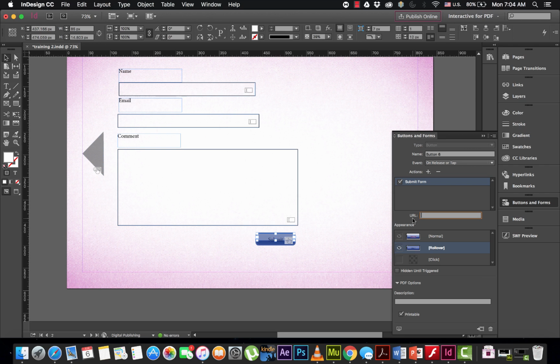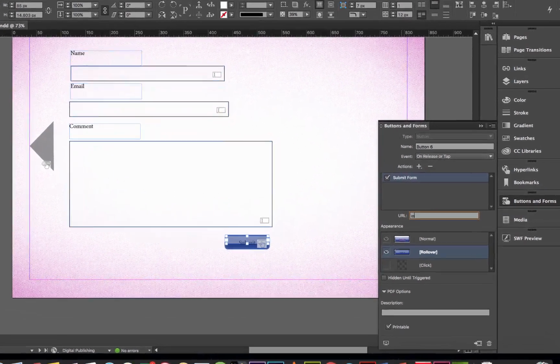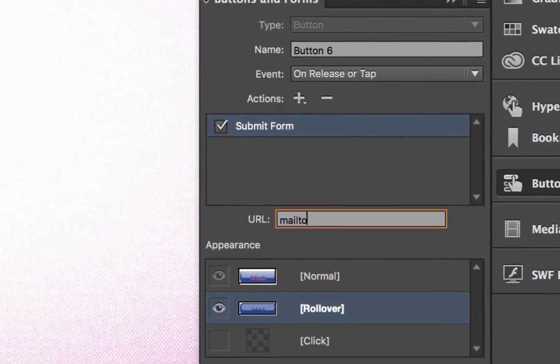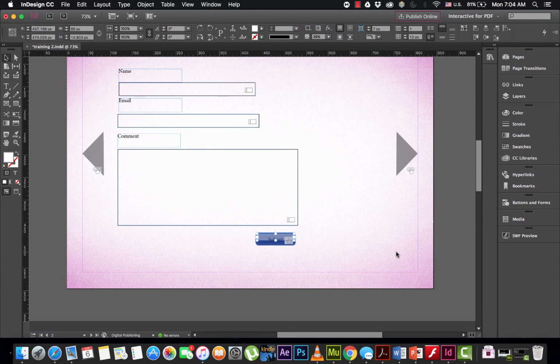But in this tutorial we are going to send this form to an email address by simply type mail to, then the email address, then we have our form ready to use.